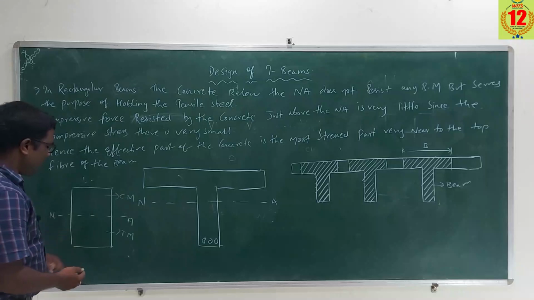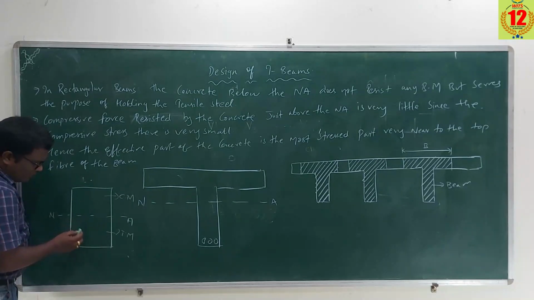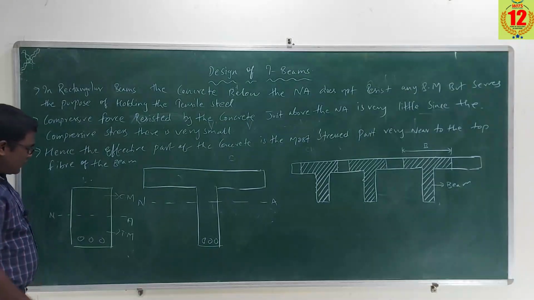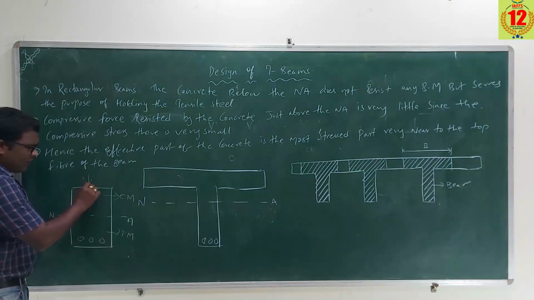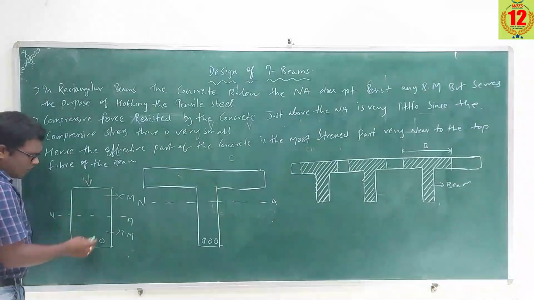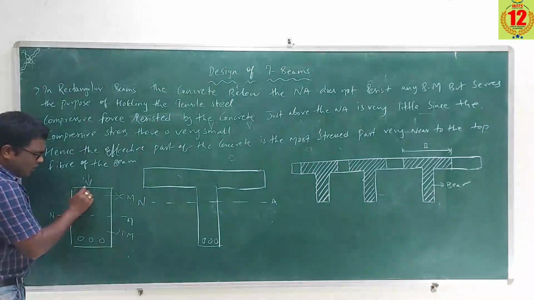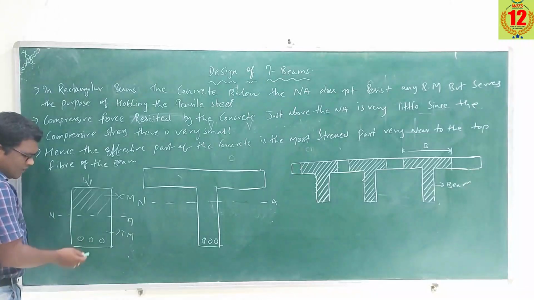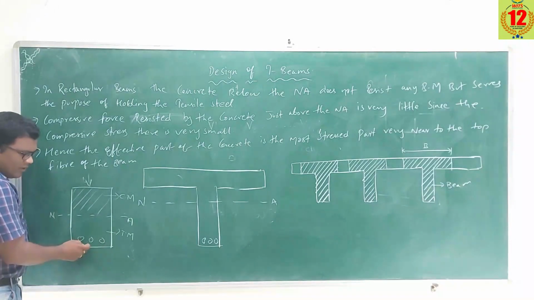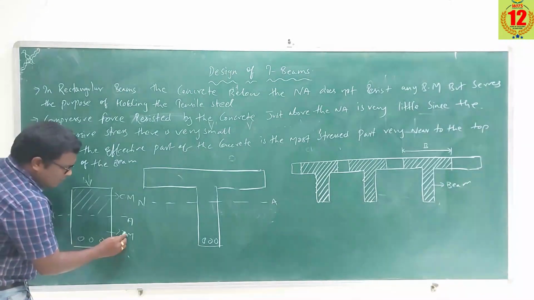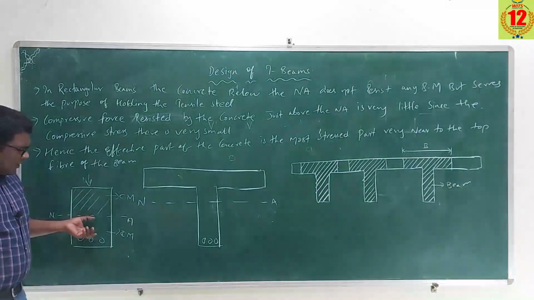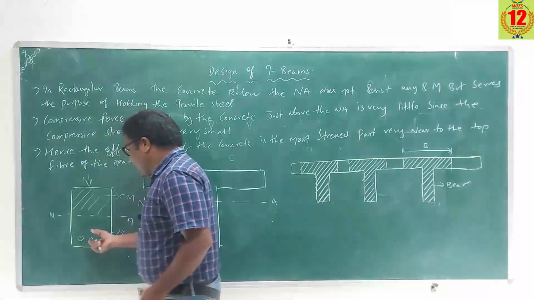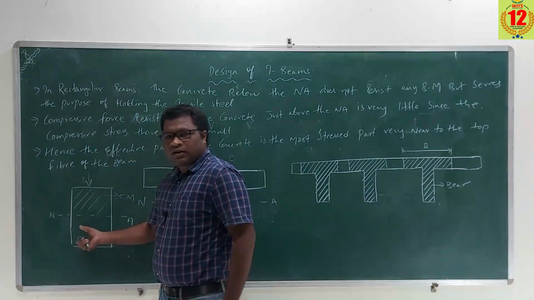What do you mean by bending moment? Suppose, for example, in the tension member we provide reinforcement to resist the tensile loads. Due to the action of loads, the compression load is taken by the top fiber above the neutral axis, and the tensile load is taken in the tension member. The concrete present in the tension member does not resist anything, but it helps in holding the tensile steel